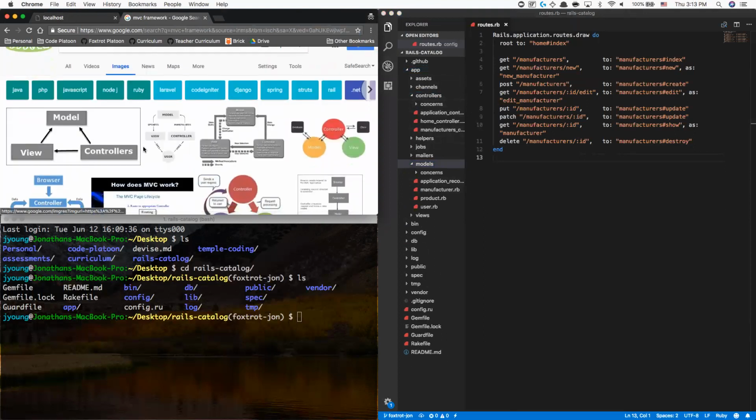Model, view, and then the controller. The way that this works is that a user is going to come onto your website. They're going to view the particular page. That view is going to get routed over here to this routes.rb page. So let's read through this. Whenever anybody makes a GET request to /manufacturers, it's going to take me to the manufacturers controller, specifically the